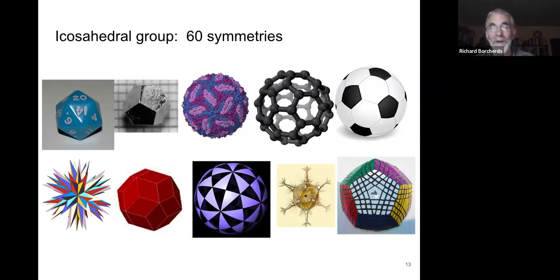So all of these objects have about 60 symmetries. Well, that's not quite true. Most of them actually have 120 symmetries if you allow reflections, but if you only allow rotations, these all have exactly 60 symmetries. In the top in the middle, there's a picture of a virus, and